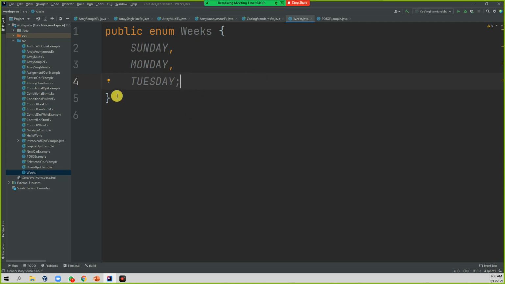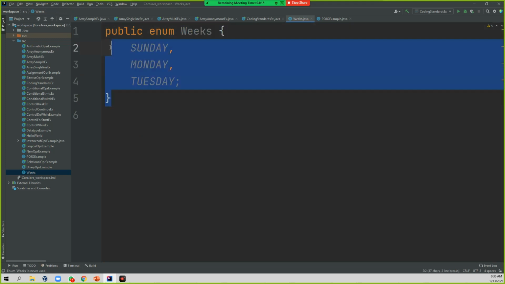When you use this, you can also give values, like this. Sunday starts from 0, and Monday is 1, 2. This is the value representation. During the enum sessions, you can learn that. The only thing here is the standards, how to write them. This is enum related.